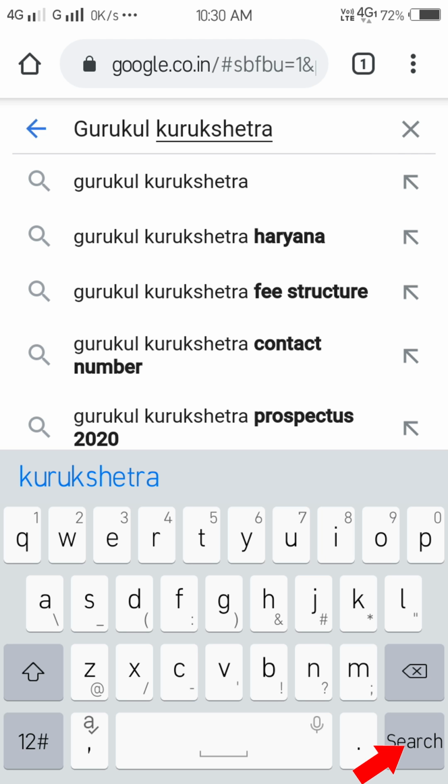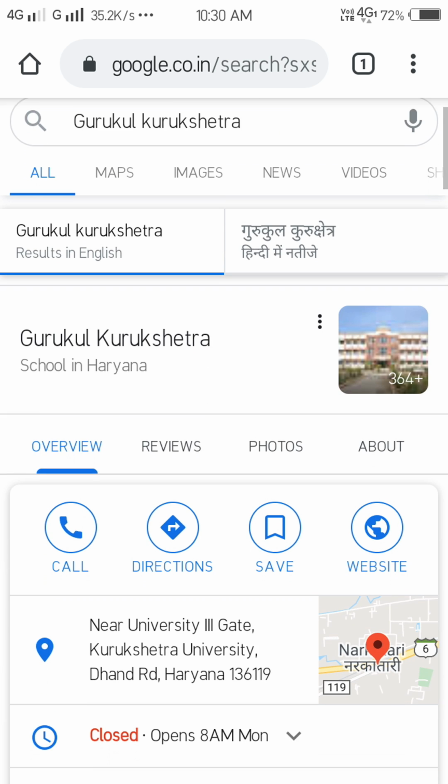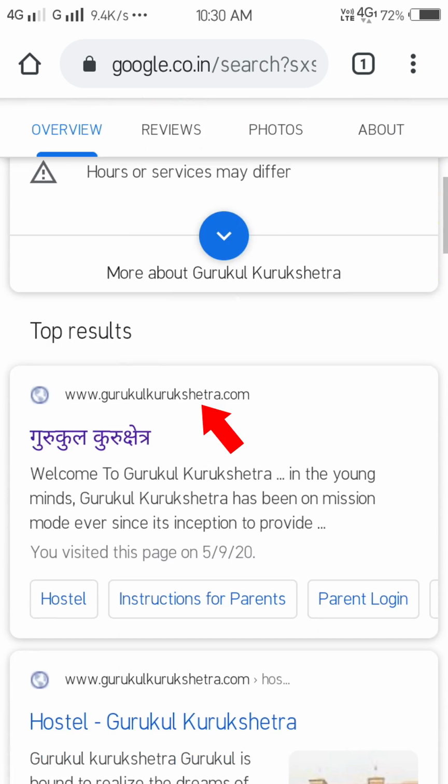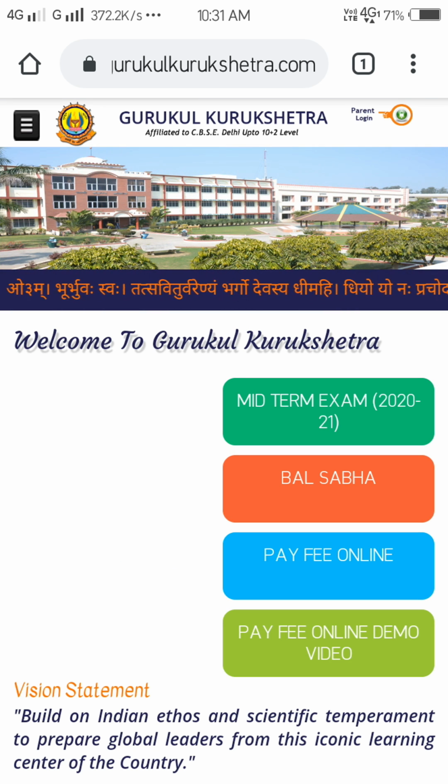Now click on the search button. After that, click on www.gurukulkurukshetra.com. Now the official website of Gurukul Kurukshetra will open.